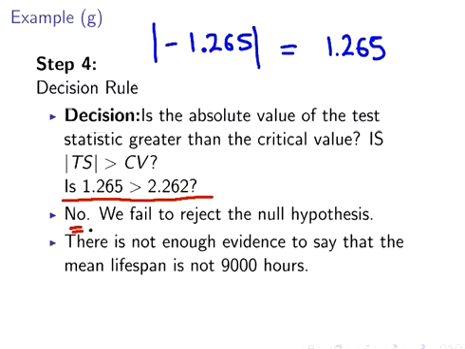There is not enough evidence that the mean lifespan for this brand is not 9,000 hours. We just seem to have got quite a few short lifespans. Otherwise, we have made a type 2 error. Anyway, that is the end of this